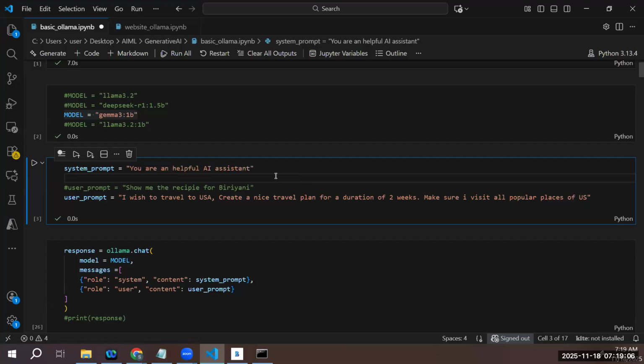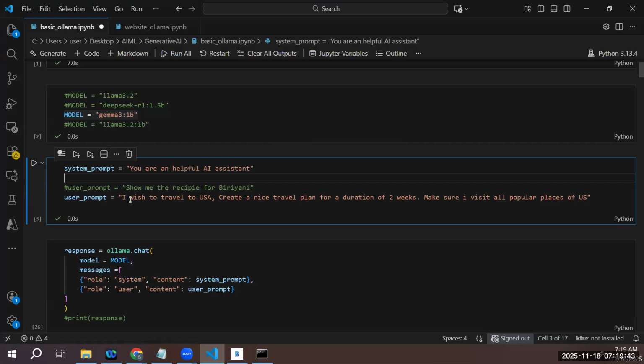Now you're giving it a role. There are different types of prompting techniques. One important prompting technique is called role prompting. In role prompting, you tell the model what role it is going to play. You will say that you are an expert travel planner. That is the way in which you define the role. And then you'll also say what, as a travel planner, you are capable of doing. All those instructions will be listed in a system prompt. We will see more examples of the system prompt, but for now, you're just saying that you are a helpful